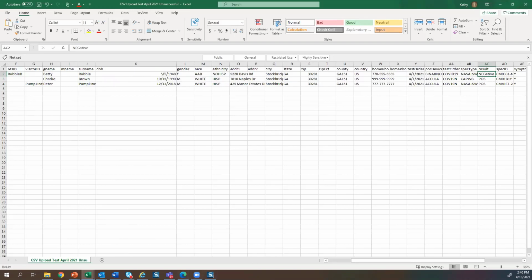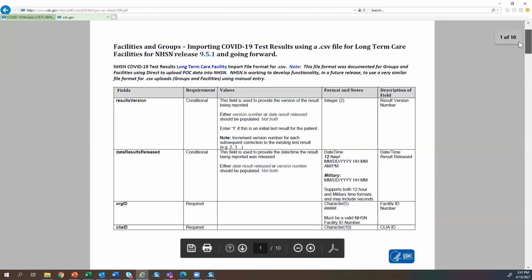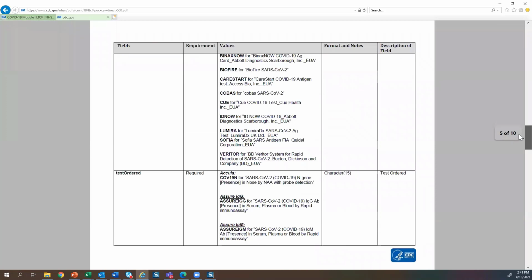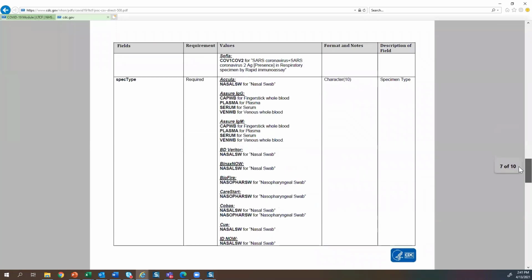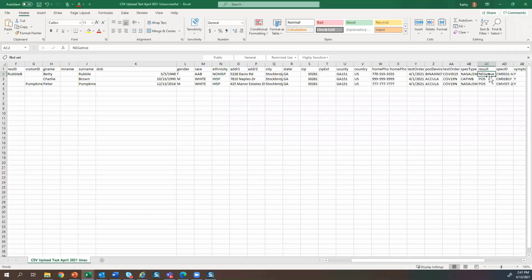So let's go back to the website and go to the file layout for binax now and see what the options are for results. POS or NEG. And I have negative in there, so I have to just make that an NEG